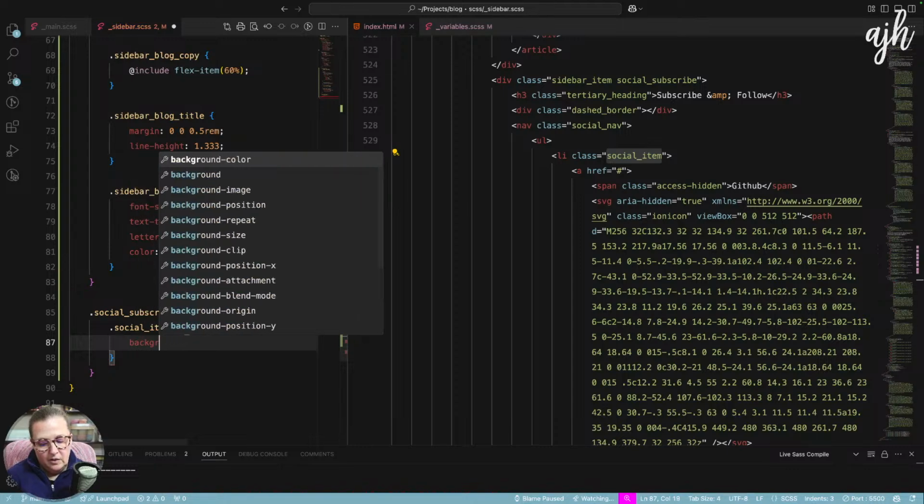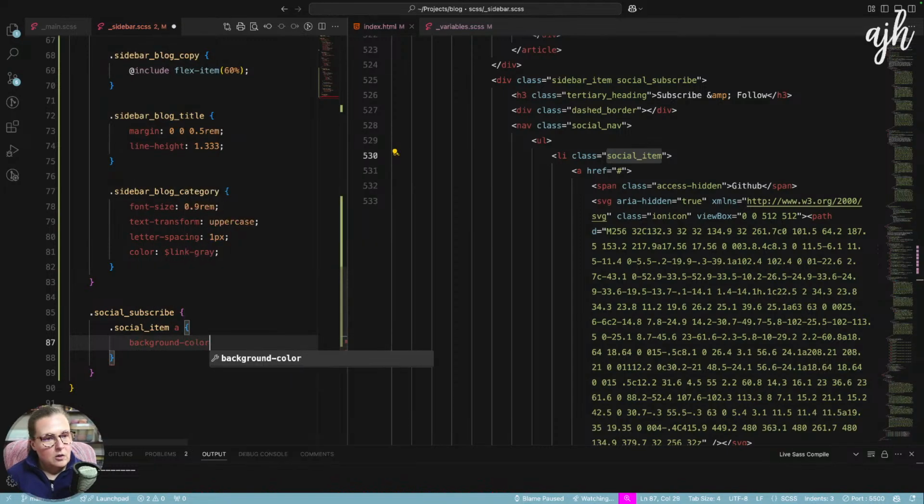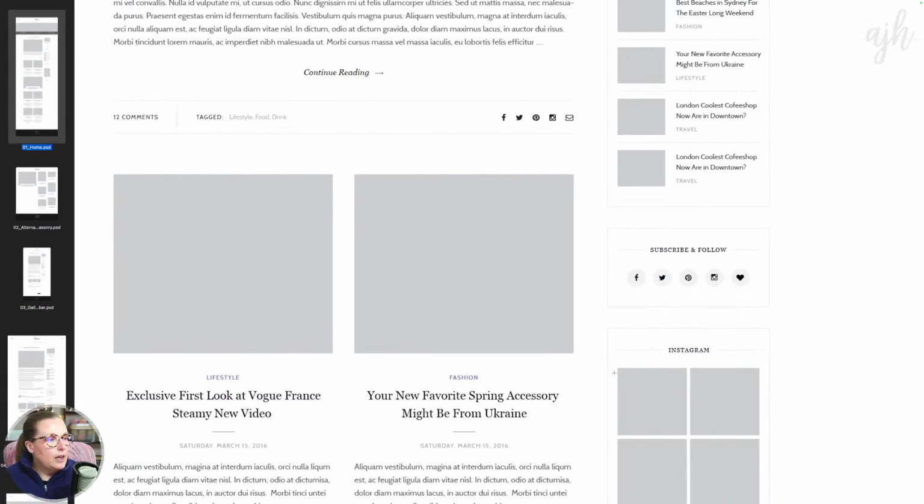And we'll just give this a background color of, well, again, so I'm going to make a change here, and I'm going to make this background color the darker color, and I'm going to make the SVG fill white, because a tap item or a